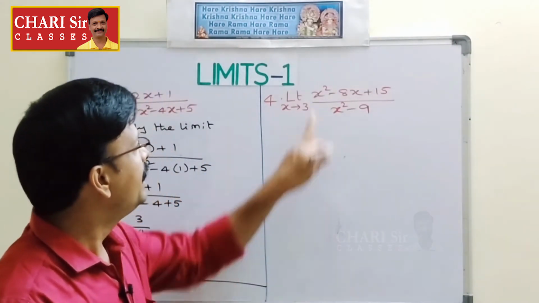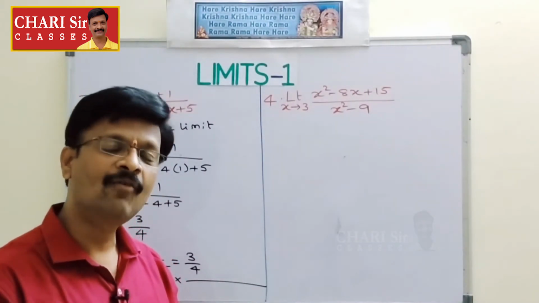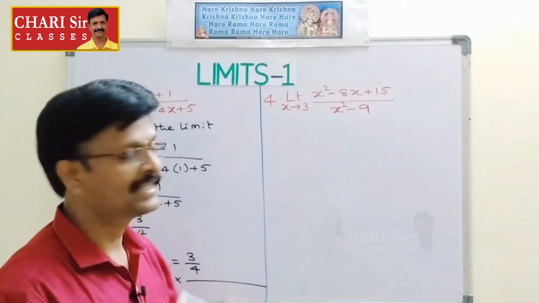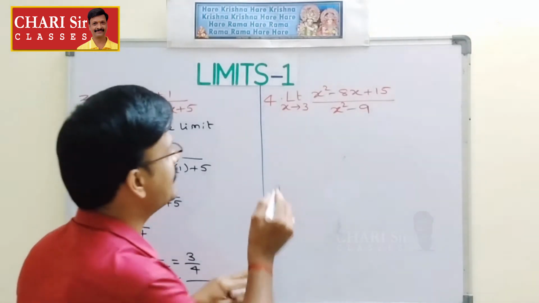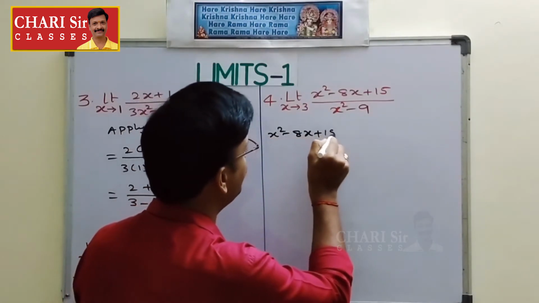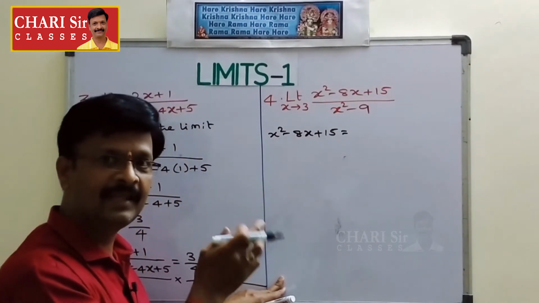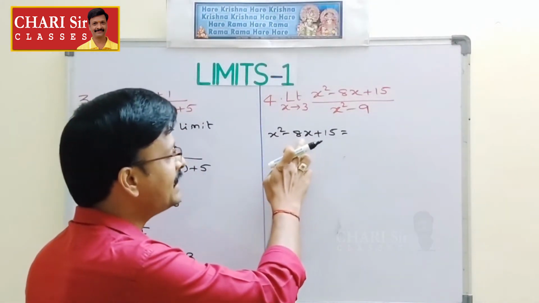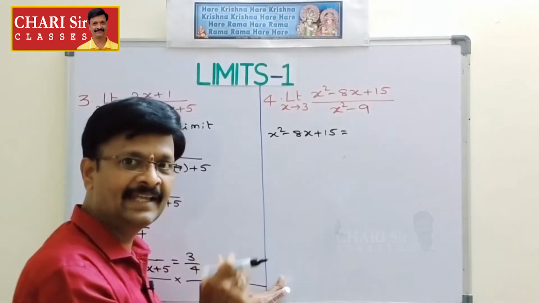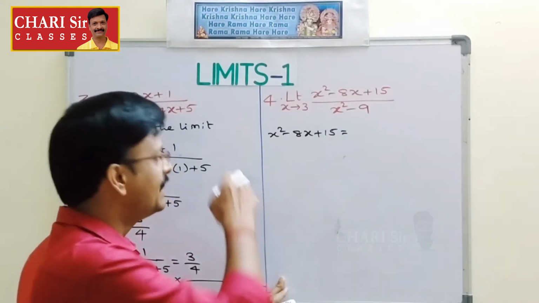Therefore, what to do? Here in the numerator, you can see the quadratic expression. The quadratic expression we try to factorize, and x square minus 9 also we will factorize. First we consider the numerator, that is x square minus 8x plus 15. You need to factorize this. That is x square into 15, that is 15x square. Now minus 8x you need to split into two terms whose sum is equal to minus 8x and whose product is equal to the product of these extreme terms. This will be done like this.